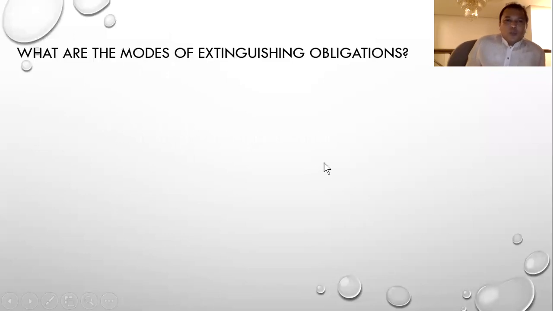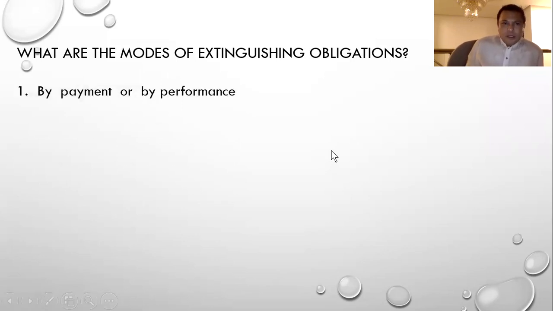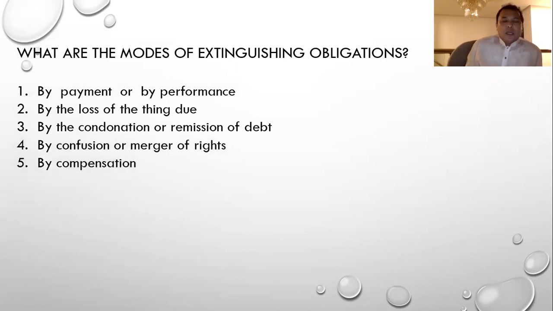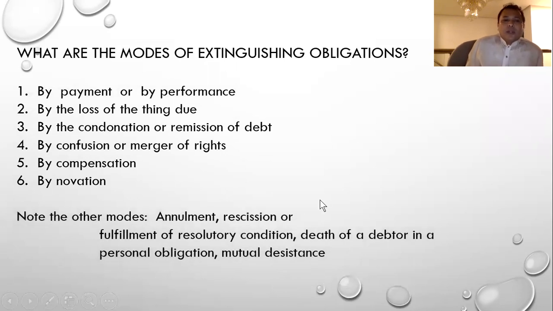The question, what are the modes of extinguishing obligations? Number 1, by payment or by performance, by the loss of the thing due, by the condonation or remission of debt, by confusion or merger of rights, by compensation, and by novation. There are other modes,